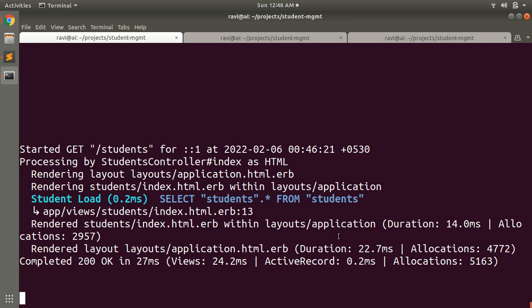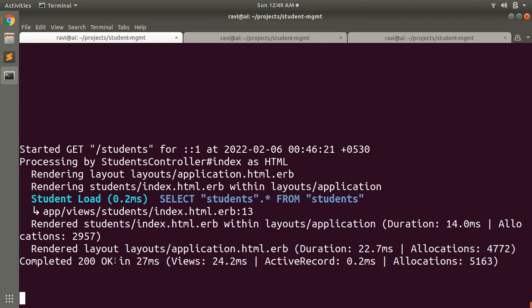So a template is always rendered within some layout, and so far we have only the application layout. So this is rendering the index file into this layout. And then it renders the layout inside application.html.erb, and here you can see the status of the request which is 200. That means our request has been successfully executed. So this is the basic of the controller, and this is the most important concept to keep in mind always. This is what a controller does in your Rails application.